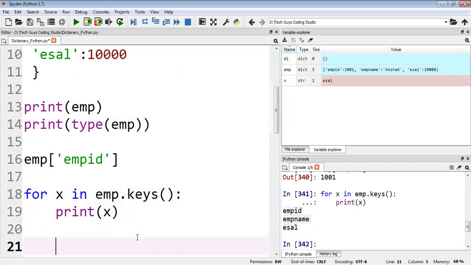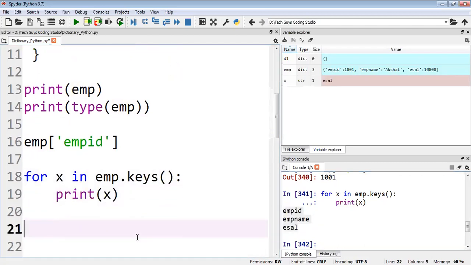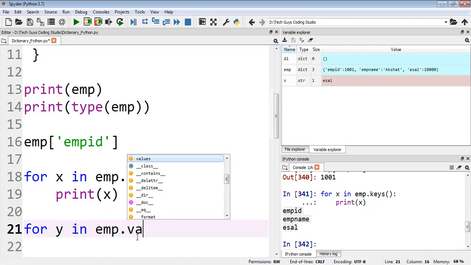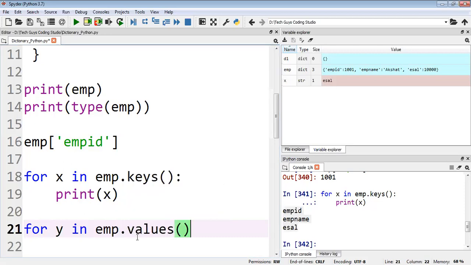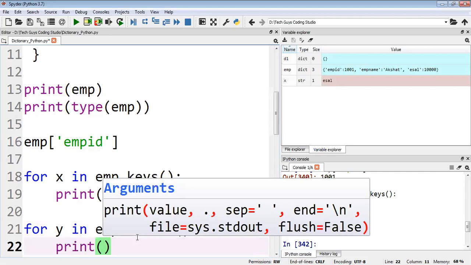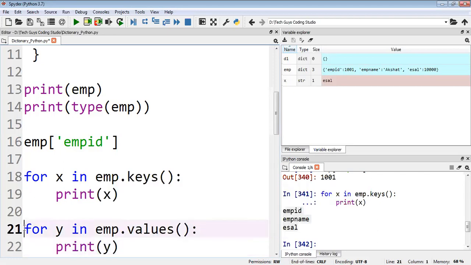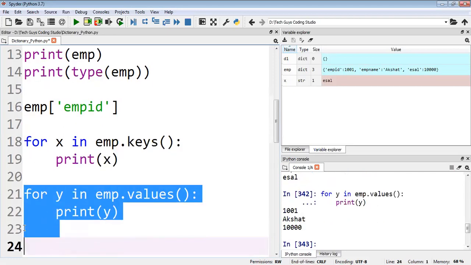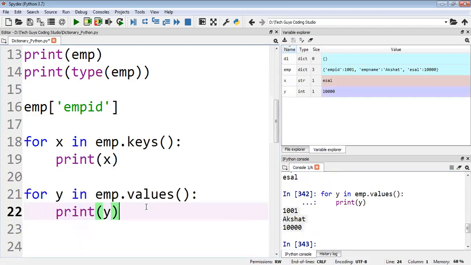Now I want to get the values. For y in emp dot values, values is also a method. I put the indentation, then print y. As soon as I execute, I get the ID, Accept, and 10,000.